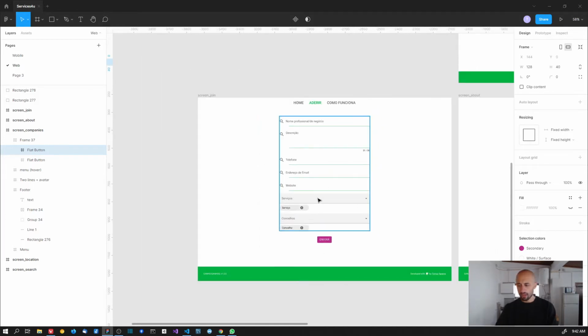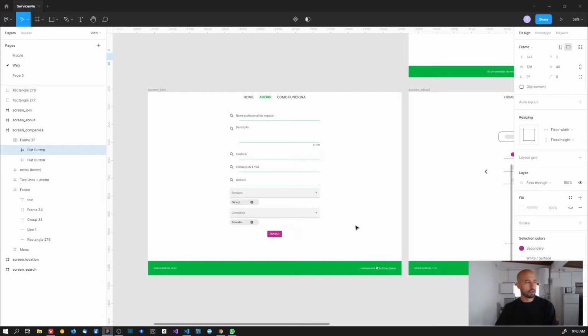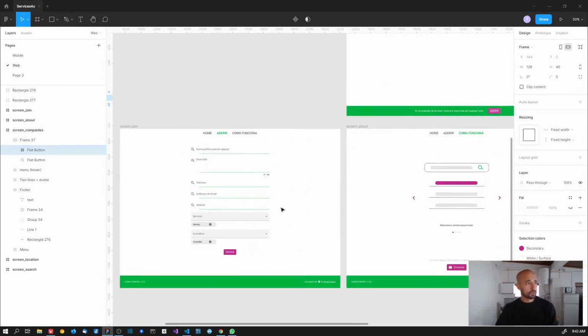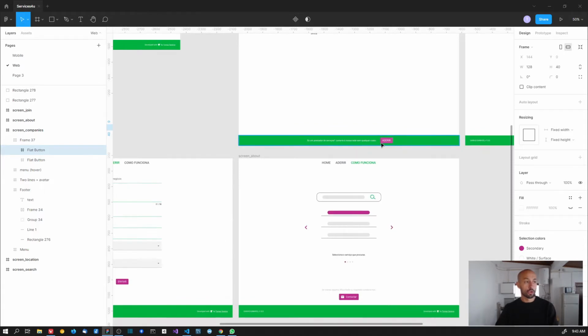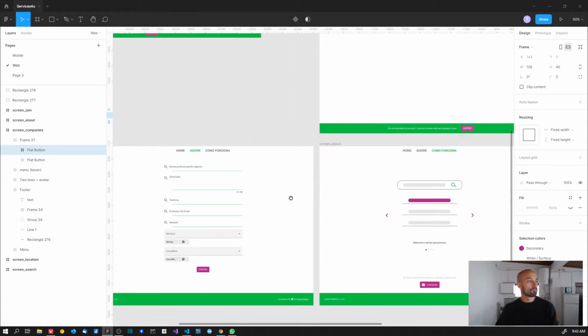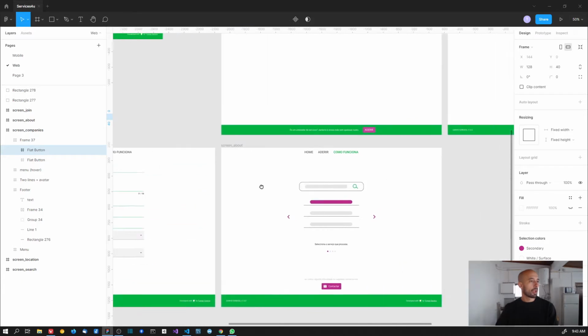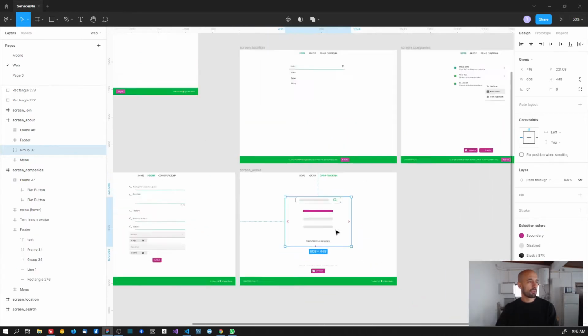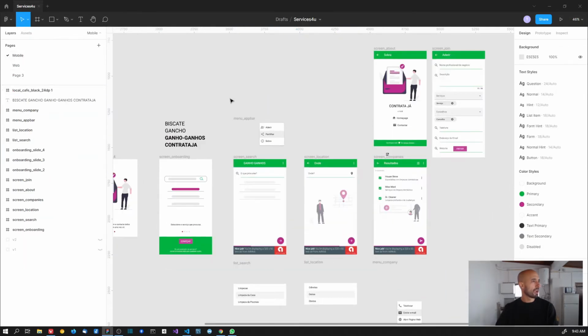This is not the actual design. It's different on mobile. I just stopped doing the design here. So then on the footer here, for example, I just hide the call to action to join the app. And I also changed this, so instead of having an onboarding, because on mobile I had an onboarding screen,